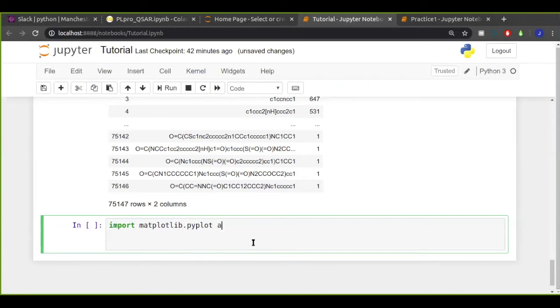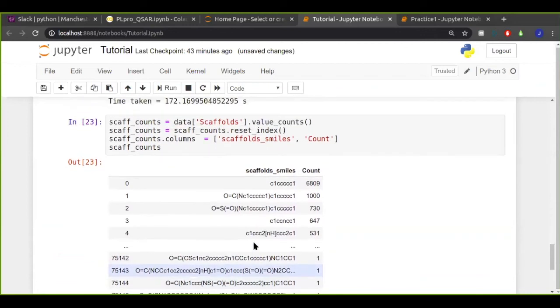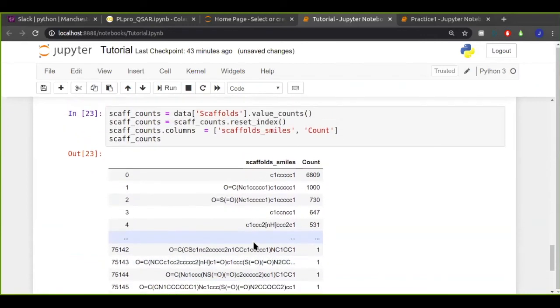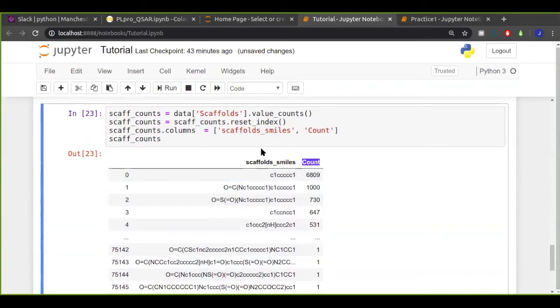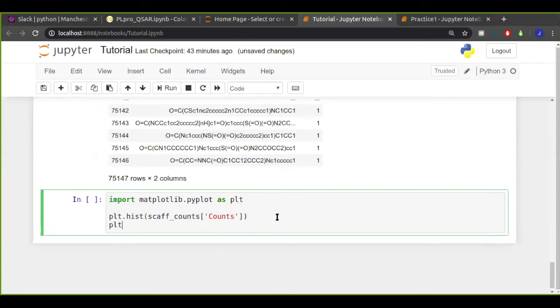And let's import that as plt, which is a handy shortcut. The histogram function in pyplot is plt.hist, and then you pass it a set of numbers, basically. So the set of numbers we're going to pass it is the counts column from scaffcounts. So let's do that now. And we'll call plt.show to make it actually show the histogram.